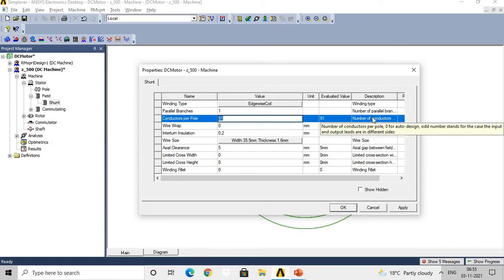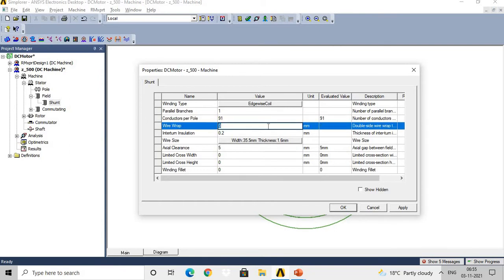Then odd number stands for the case where the input and the output leads are in different slots. So here we have selected the conductors per slot, like 91. Actually this number of conductors, then wire size, will depend on your design and the current which will flow through that winding.